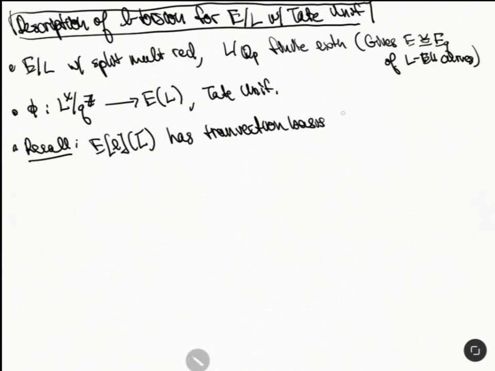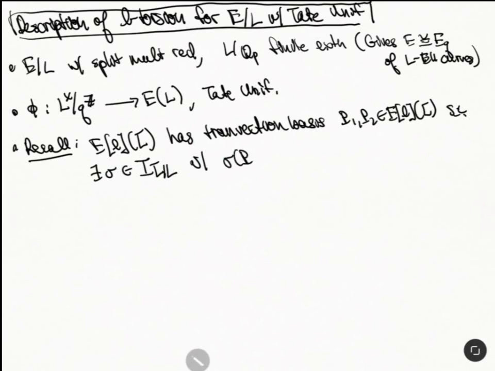P1 and P2 in E[L](K bar) such that there exists some sigma in the inertia with sigma of P1 is P1 and sigma of P2 is P1 plus P2. Okay, and so with respect to this basis,